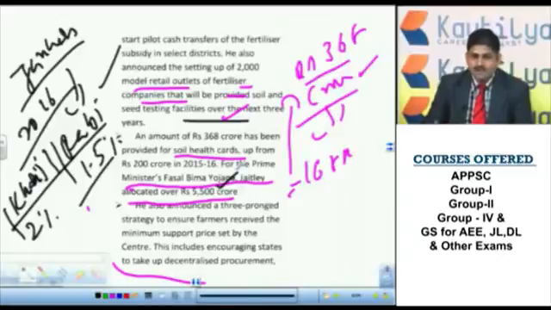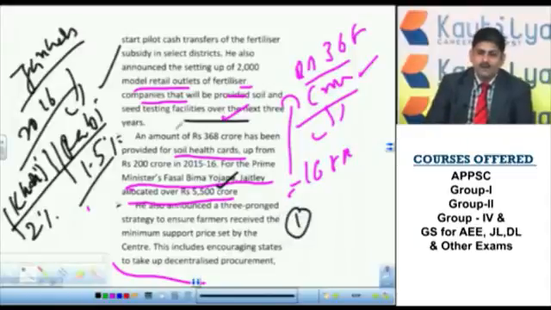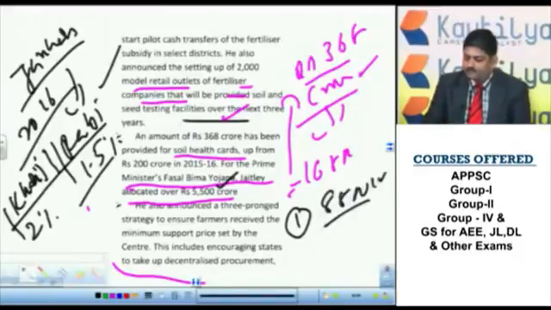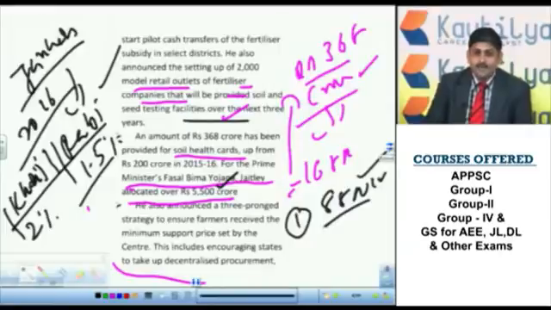Now they may ask you another question on the same topic. What was the estimation for the Prime Minister's Fasal Bhima Yojana? What is the difference between allocation and estimation? When the scheme was announced in January 2016 by the Union Cabinet chaired by the Prime Minister of India, they thought that it would require 8800 crore at that time. But in the budget they allocated only 5500 crore.